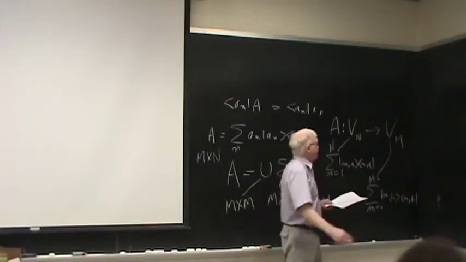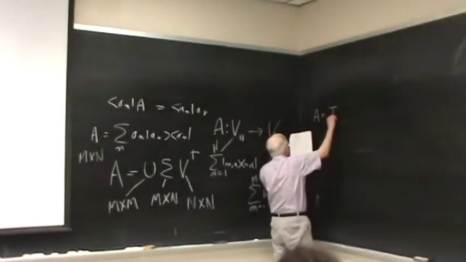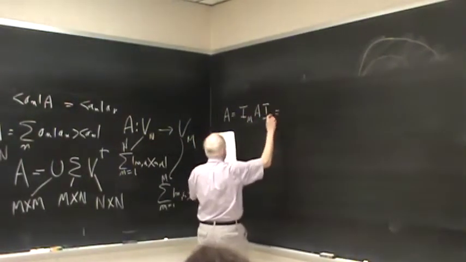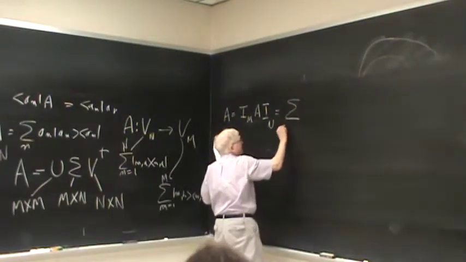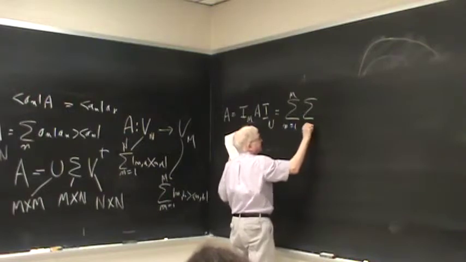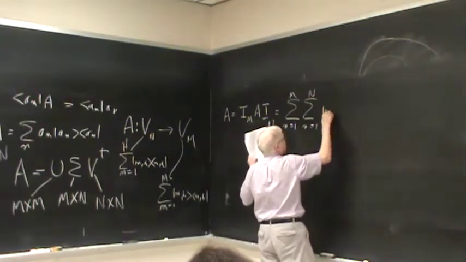Now, this operator A, of course, can be written as I sub m a I sub n, and when we do that, we get a sum m equals 1 to m, sum n equals 1 to n, and we get